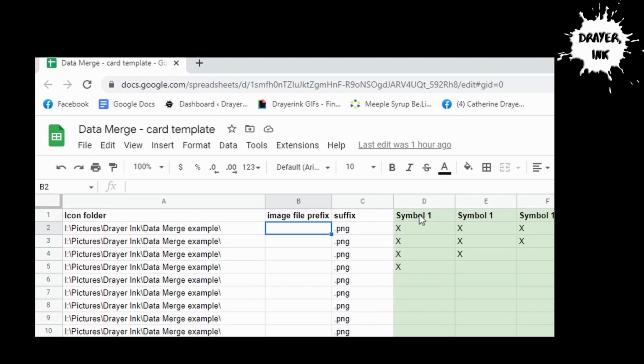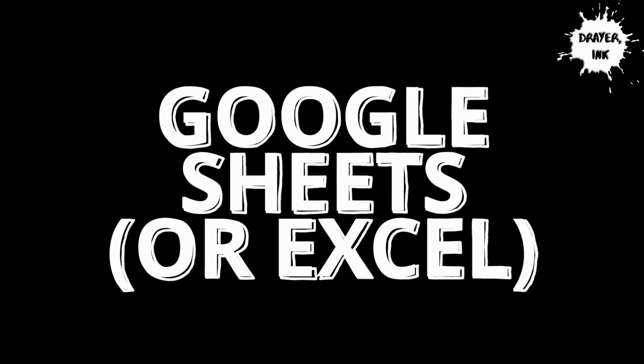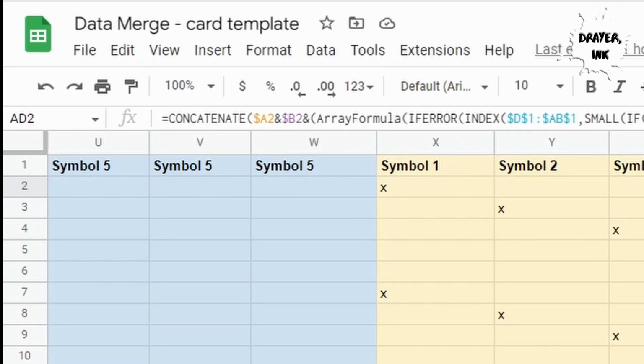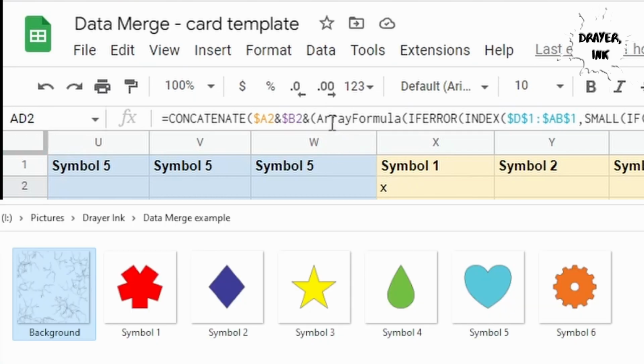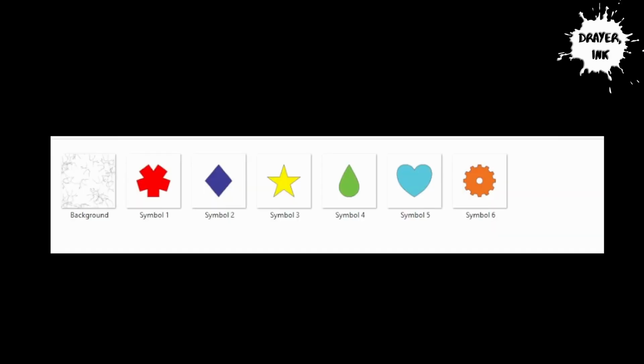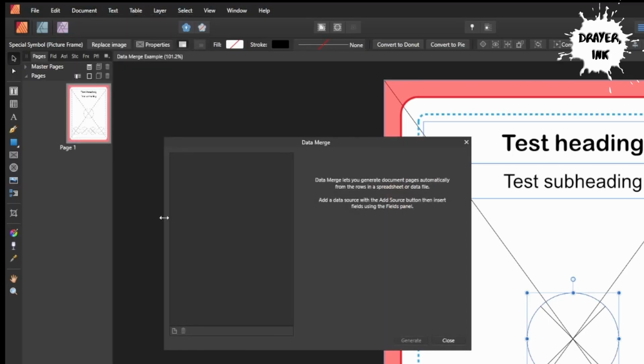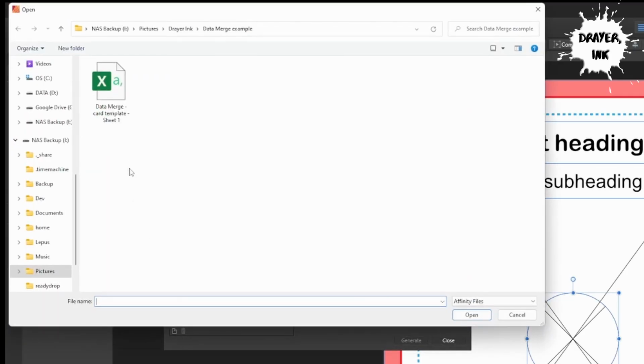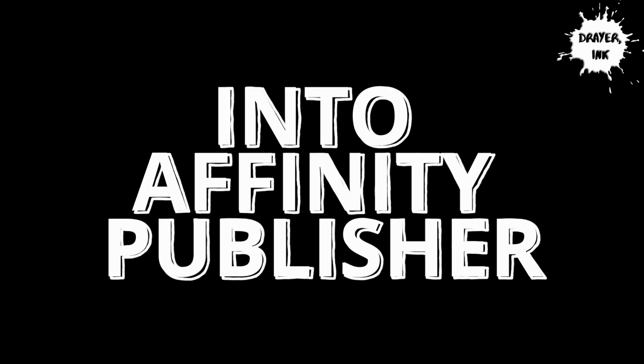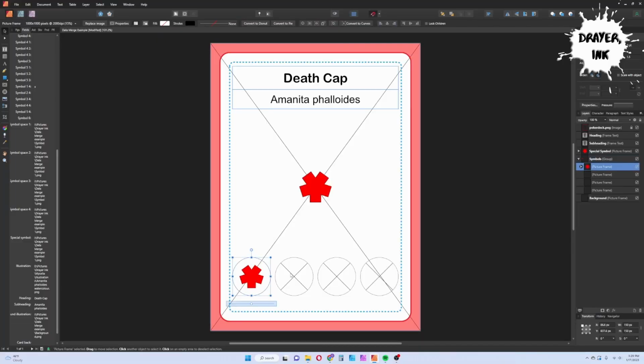So what we're going to do is use my spreadsheet template, and I'm going to take you on a little tour of that and show you how to populate it with values. And then we're going to download that spreadsheet, and then we'll import it into Affinity Publisher once we've made a template, and I'll show you how we connect the template to the spreadsheet through